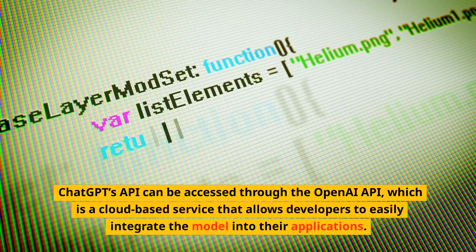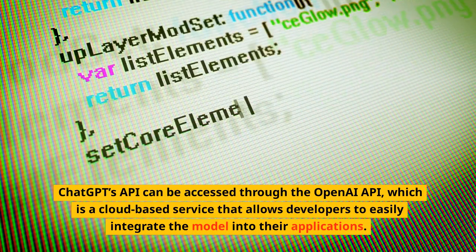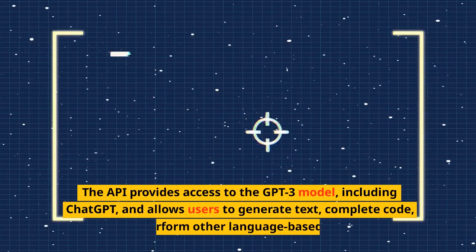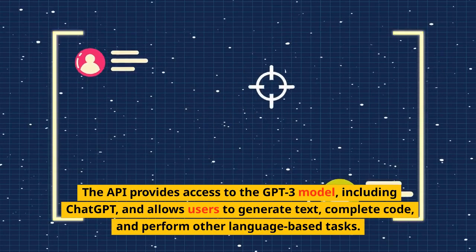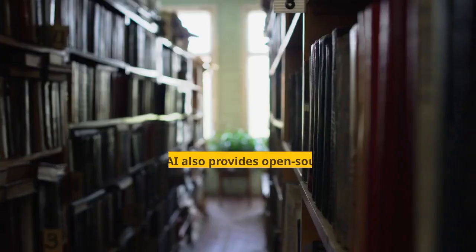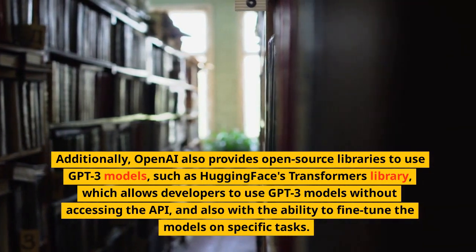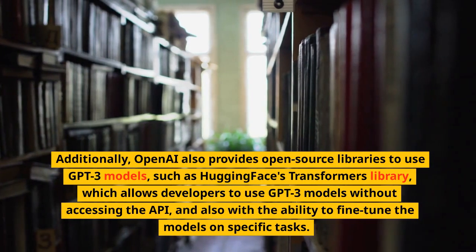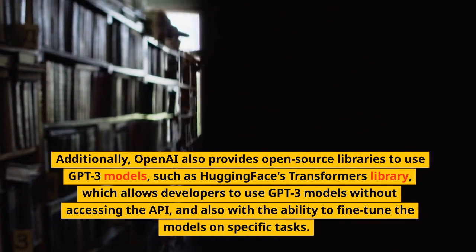Where can you access ChatGPT's API? ChatGPT's API can be accessed through the OpenAI API, which is a cloud-based service that allows developers to easily integrate the model into their applications. The API provides access to the GPT-3 model, including ChatGPT, and allows users to generate text, complete code, and perform other language-based tasks. Additionally, OpenAI also provides open-source libraries to use GPT-3 models, such as Hugging Face's Transformers library, which allows developers to use GPT-3 models without accessing the API,